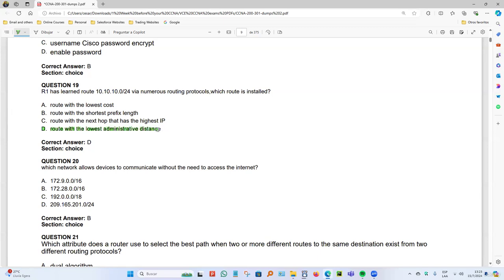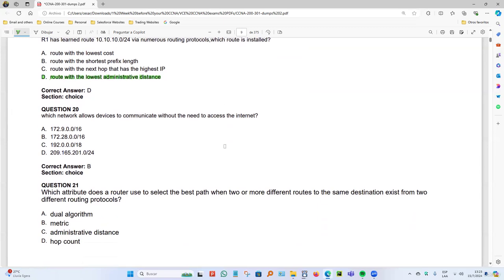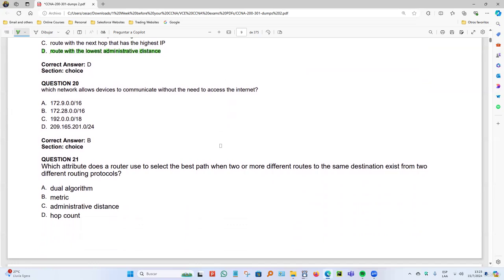We are working along with different protocols. Question 20. Which network allows devices to communicate without the need to access the internet? That is 172.28.0.0/16. Answer is B. The other ones are not correct choices per se. So let's read the question one more time. Which network allows devices to communicate without the need to access the internet? And the main reason is because this is a valid private IP address for version 4, and that is the